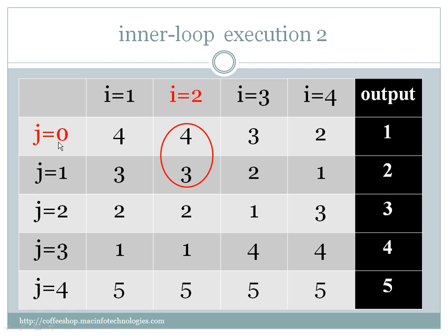So now again j initializes to 0. A of 0 is greater than a of 1. This is the if condition, again it starts, so again they get exchanged. So now the inner loop completes one iteration. Next iteration j becomes 1. Again a of 1 is greater than a of 2, so they get exchanged. So again the inner loop goes for the next iteration, j increments to 2.